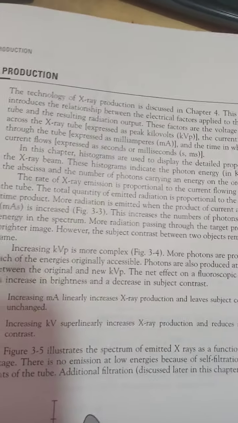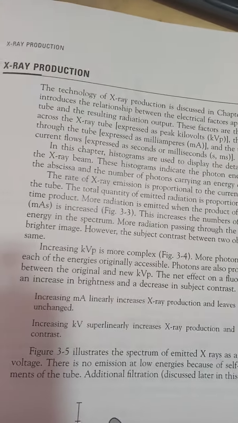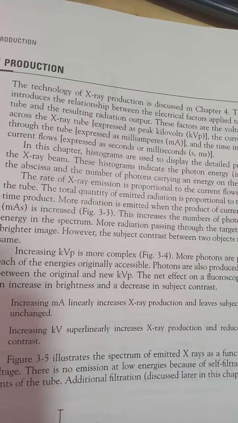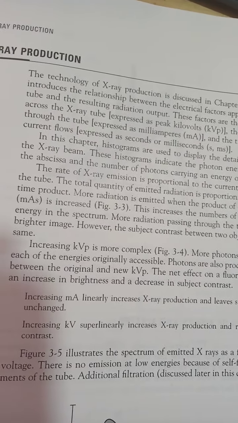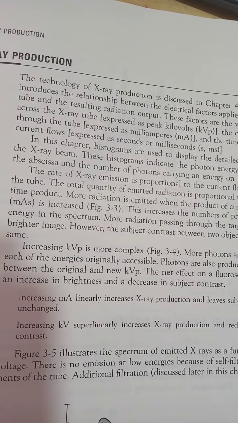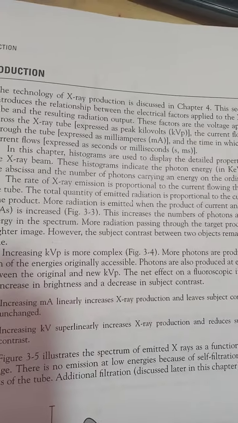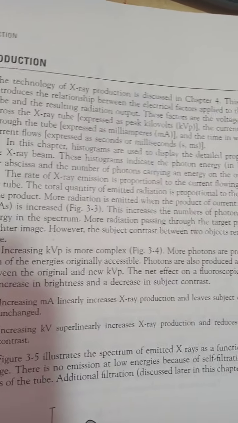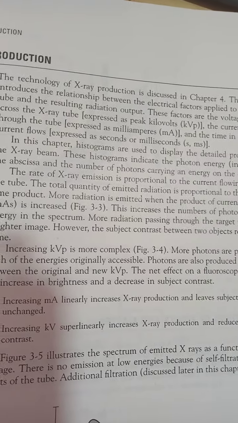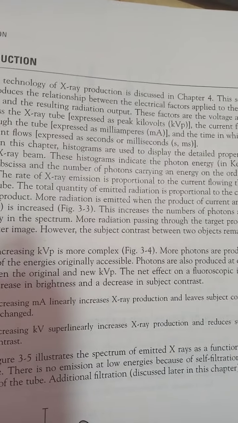So the technology of X-ray production is discussed in Chapter 4. This section introduces the relationship between the electrical factors applied to the X-ray tube and the resulting radiation output, and the line arc attached to it, linear accelerator. These factors are the voltage applied across the X-ray tube, the current flowing through the tube, and